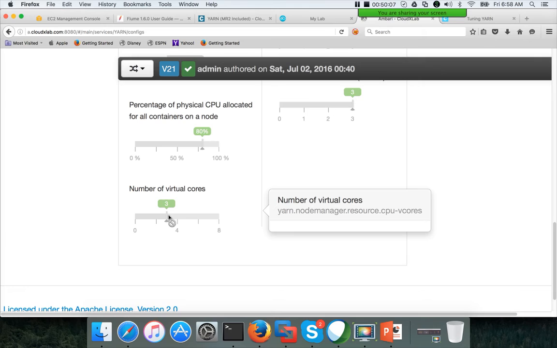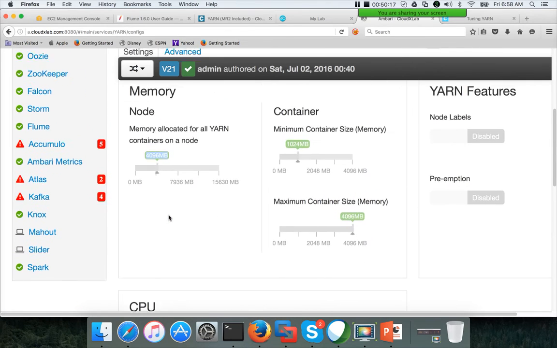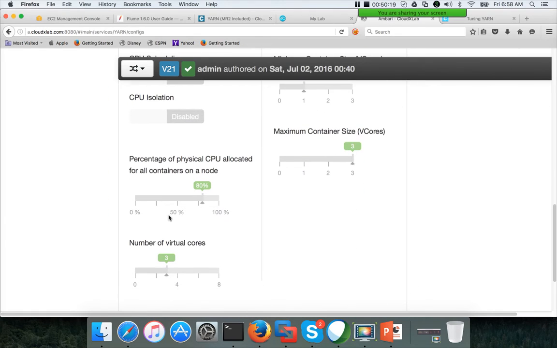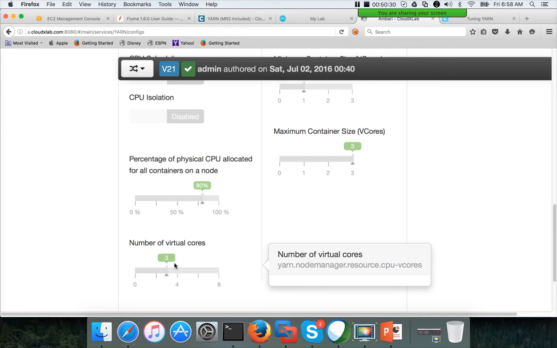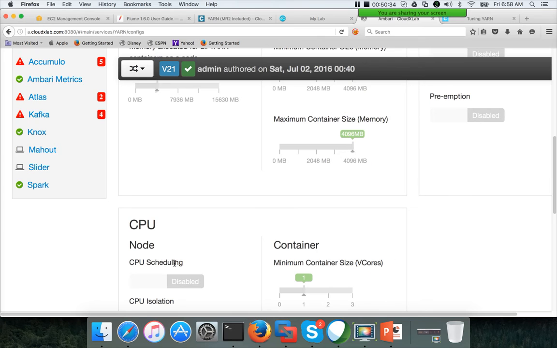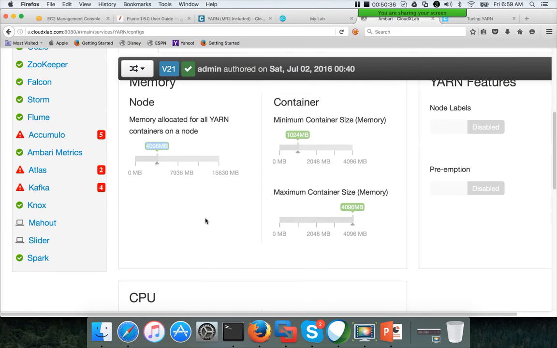Okay, so this is per node. This is at host level. If you have 10 nodes, if you give 176, our capacity will be 1760 virtual cores. If it is CPU intensive, then the number of virtual cores will be the number of physical cores. In that case, the number of virtual cores will be 48 based upon our capacity on each host, and for the cluster it will be 480.